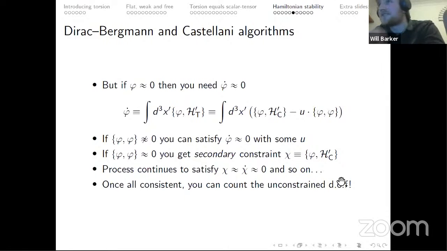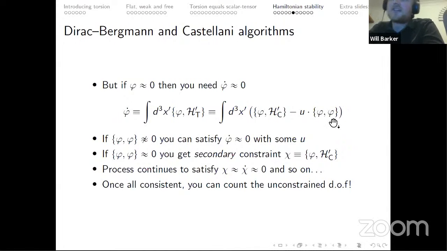Depending on how many degrees of freedom you have, you can associate those with the particles which might be propagating in the final theory. Okay, so this is the constrained Hamiltonian analysis. It's also called the Dirac-Bergman algorithm. But you can see, this is probably the most important point, you can see that what moves in the theory